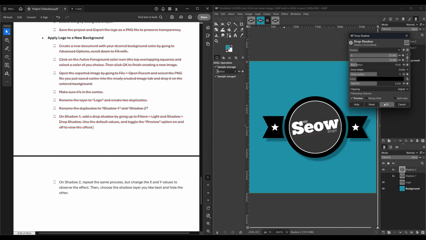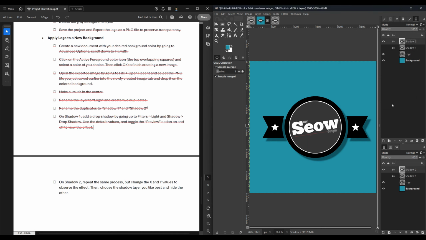Now you notice that it's more obvious. You can make the opacity darker, a higher level of opacity. So this shadow effect is a lot more obvious than this shadow effect. So once you pick a shadow effect you like,